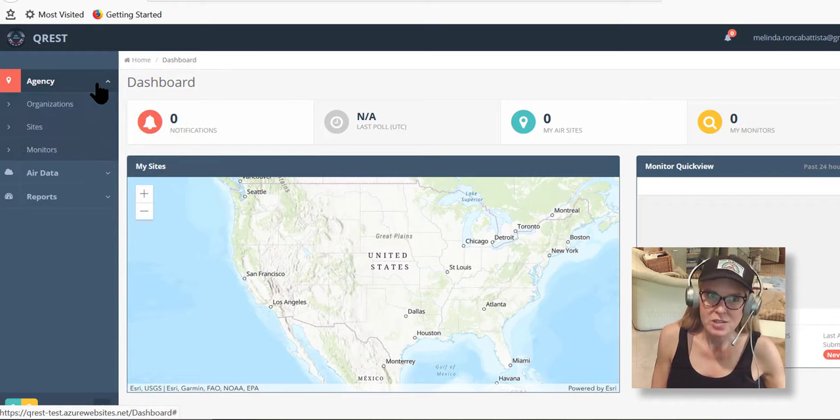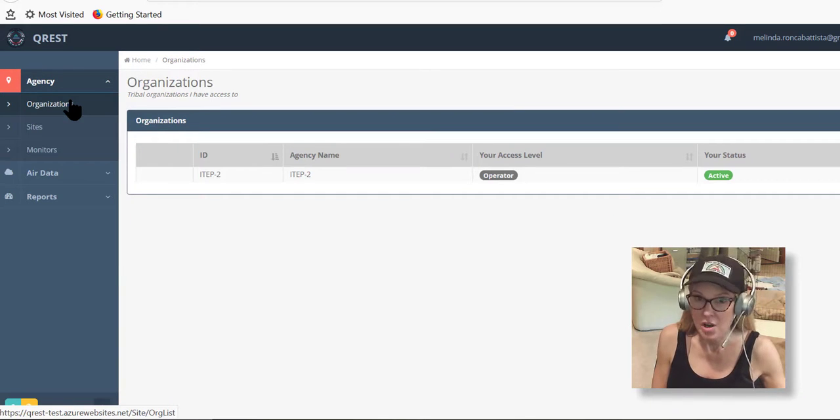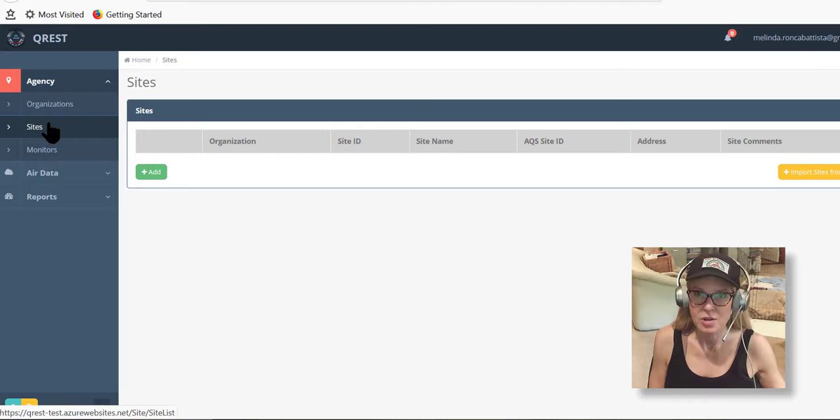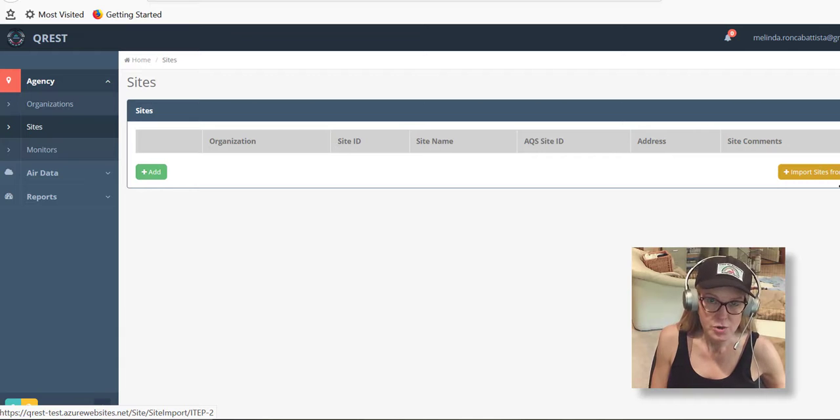And if you click on agency, you could see there's organizations, and we are the ITEP2 organization. In your case, it would be your tribal agency, your site, and we do not have a site yet. Now, if you have a tribal agency code that's registered in AQS, and all federally recognized tribes do, then this button over here, Import Sites from AQS, could be very useful for you if you already have a site established